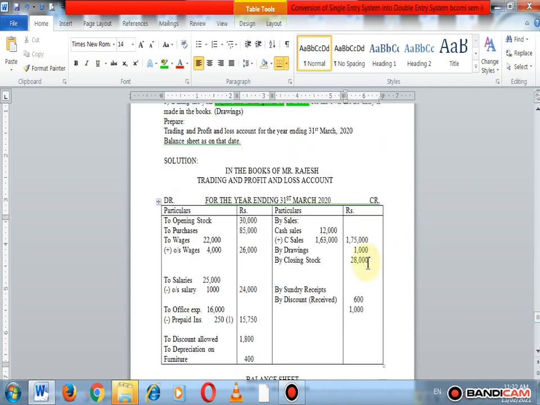So remember this, if drawing is not recorded in the books of accounts, then there are always two effects of drawing: first, deduct from capital, and second, on the credit side of the trading account. But if cash is withdrawn, then the second effect is on the cash side. Okay, here goods are withdrawn from business for personal use, then we make a total, and the total is